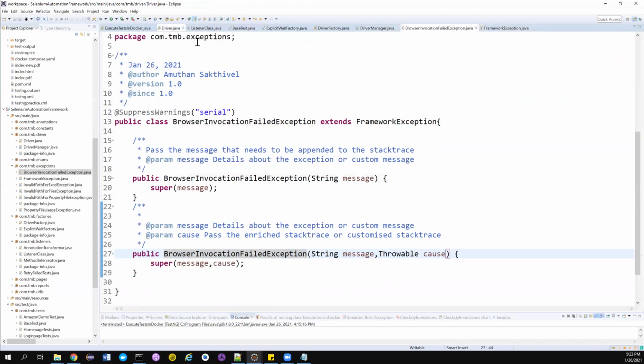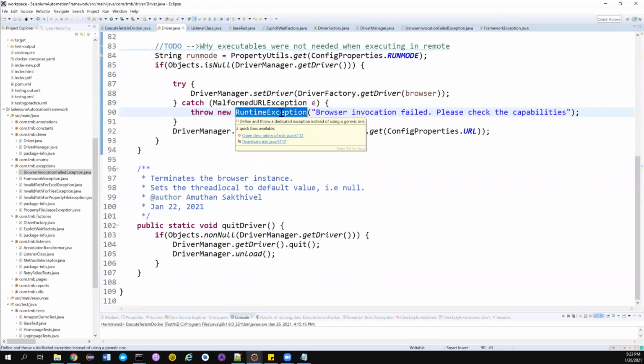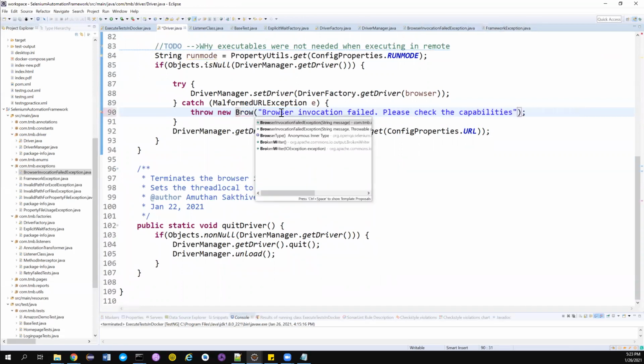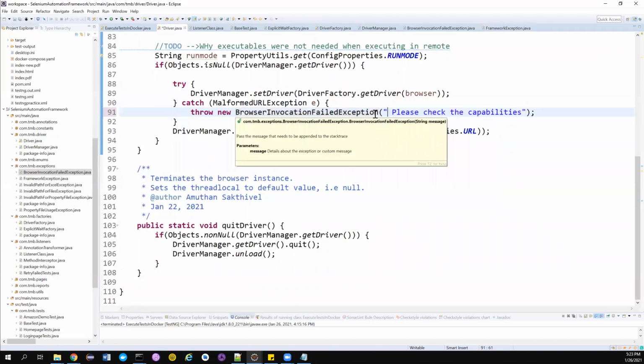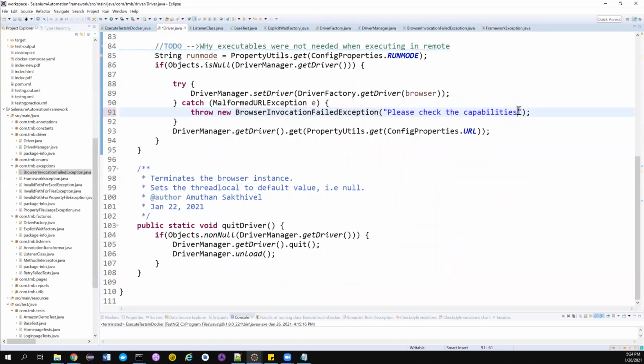So if I go to the driver class, instead of this, I can create a browser invocation failed exception, and you can pass whatever message you want to pass. Maybe, please check the capabilities of the browser, something like this.